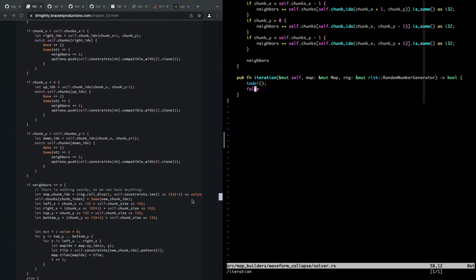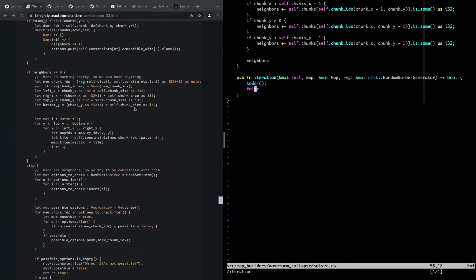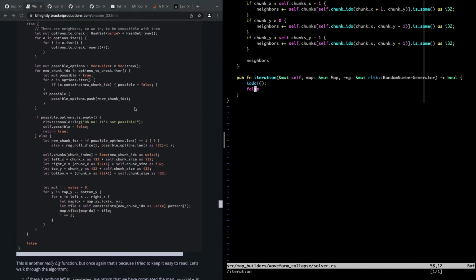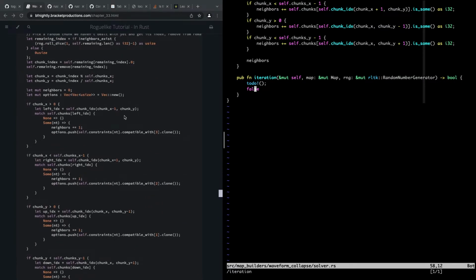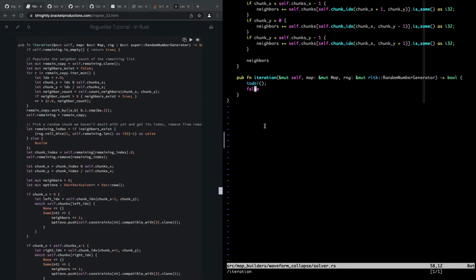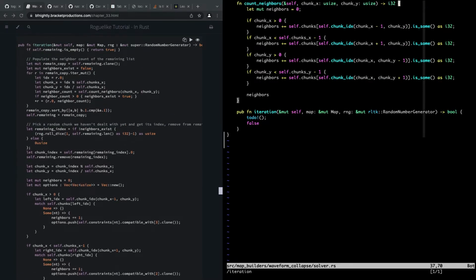So we have a big long function, but like I said last time we looked at this, a lot of repetitive code we can probably copy paste and get done quickly. Right? It's just like this guy here, count neighbors, had a lot of repetitive code. So let's start working on iteration. If self remaining is empty,